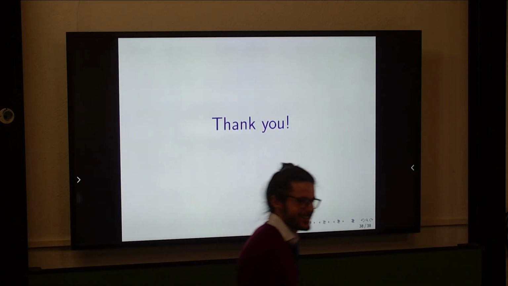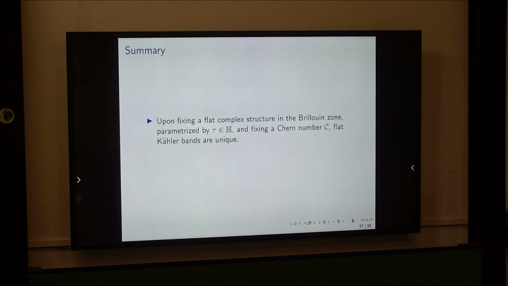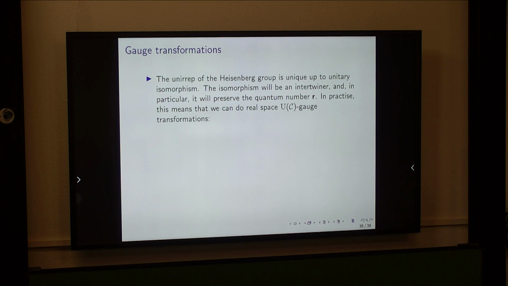Hi, Bruno. Nice talk. So in the last part, when you discussed the flat Kähler band by assuming uniformness of the complex structure, curvature, and metric, you discussed the Heisenberg group. My question is, what is the key ingredient for the Heisenberg group? I think even without assuming the flatness of the curvature and metric, only assuming the flatness of the complex structure, you can define the Heisenberg group. Yeah. So